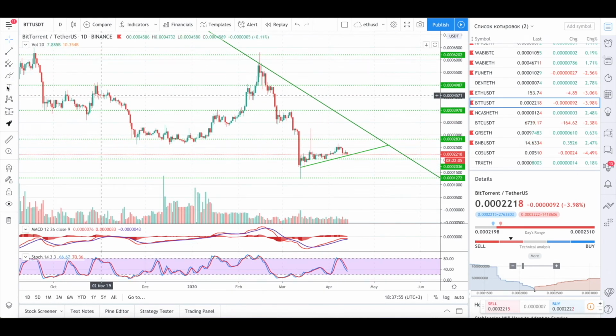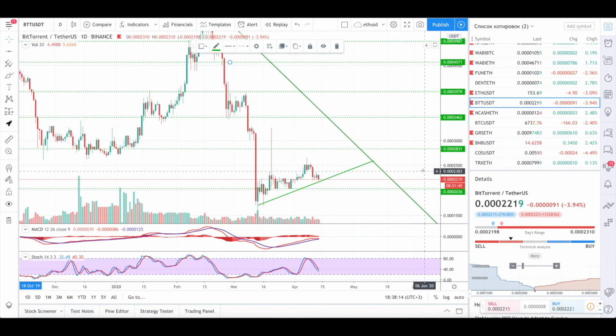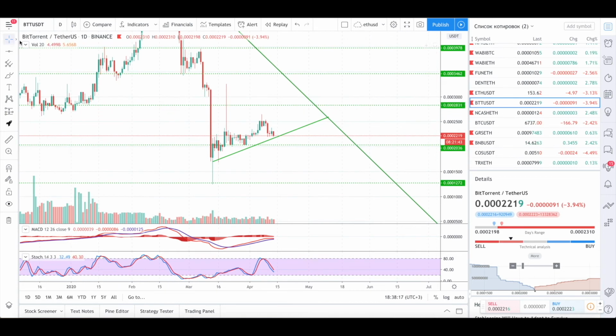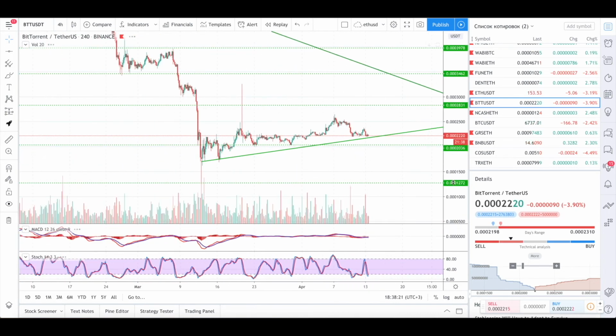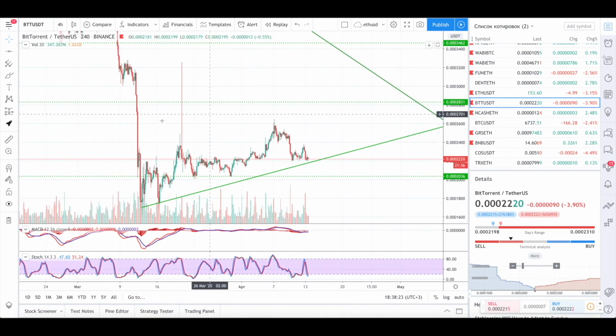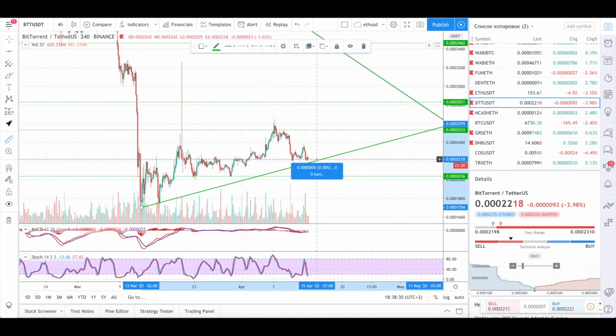The main levels and goals for the coin are 3,500, 4,000, 4,500, 5,000 and 6,200. These are the main levels of the coin, but the coin also plays very well from levels in a lower time frame. If we switch to 2-4 hour, then we can calmly trade at 5% levels. At this stage, trade